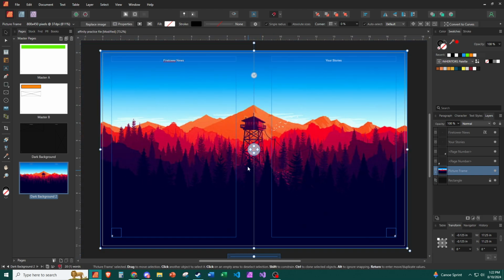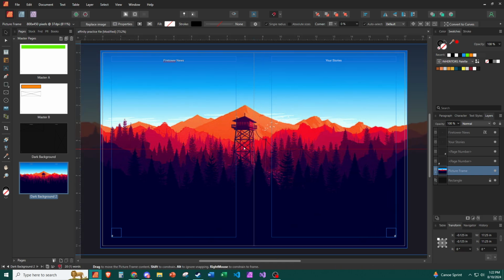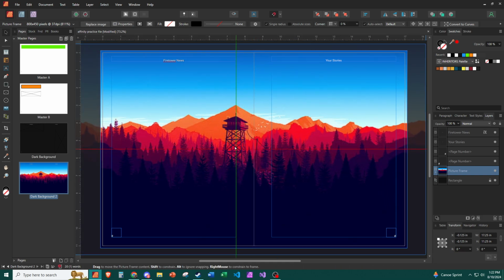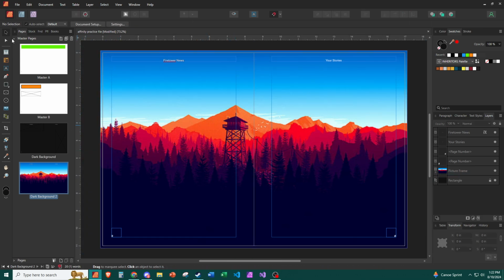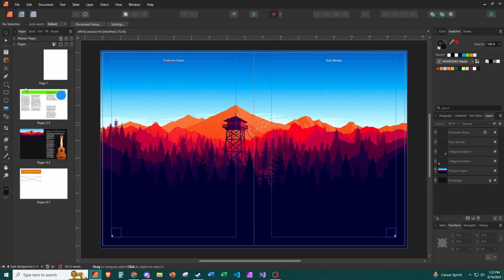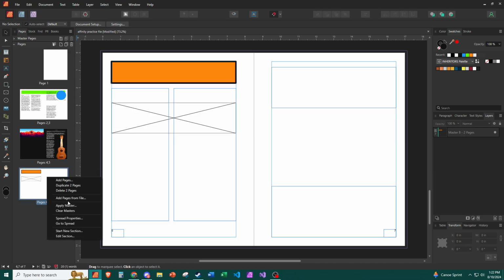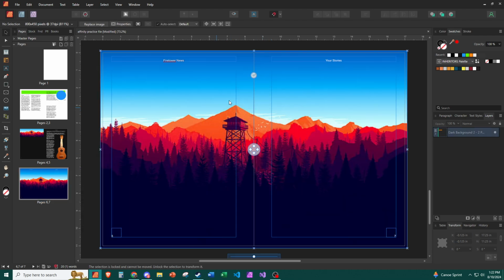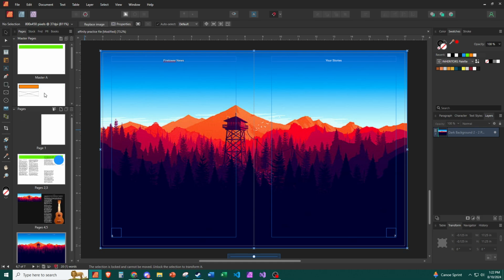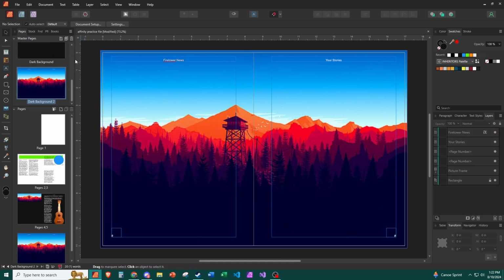But now we have this big, beautiful page like this. We're going to offset it just slightly, right? Just slightly. And if I go into... Did I do that? No, I didn't do that on a page. If I apply master, and I apply the dark background too, now I have a full page spread, and I can work off of that by going back to this,